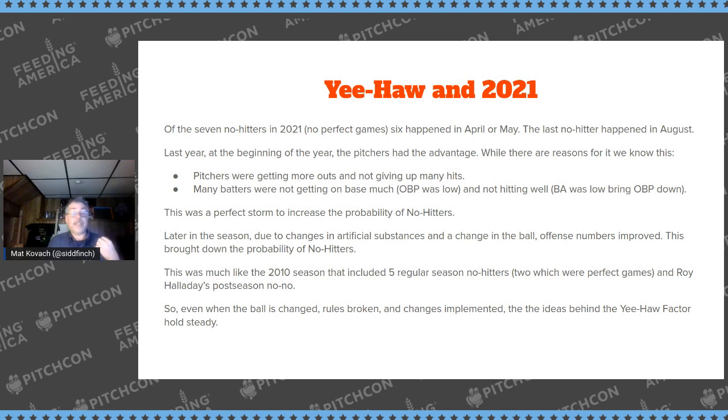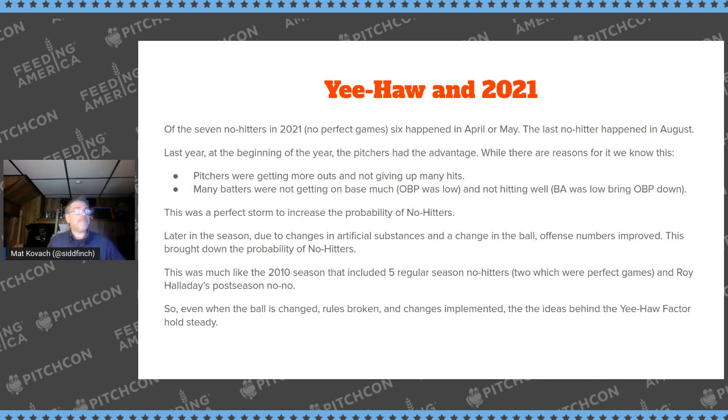We also had apparently a different ball, as we found out. So we all had those things that we're going to, and I think a little bit is that now pitchers are trying to get more outs. And they're trying to miss more bats, and they've gotten a little bit ahead of many of the batters that are out there. So what everybody was complaining about at the beginning of last year is batting averages were low and on base percentages were low. And most offensive stats had been decreasing.